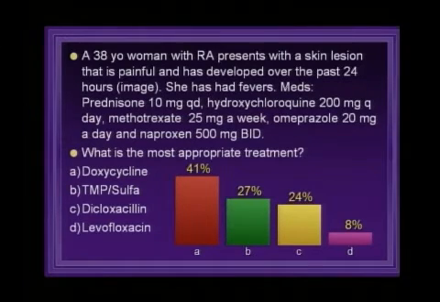Okay, good. 41% of you chose doxycycline. So I'm trying to give you a case of somebody with community-acquired MRSA. So we need a drug that will cover community-acquired MRSA, so that gives us doxycycline, trimethoprim sulfa. Trimethoprim sulfa has an important interaction with methotrexate, so you should try to avoid it in patients on methotrexate, and